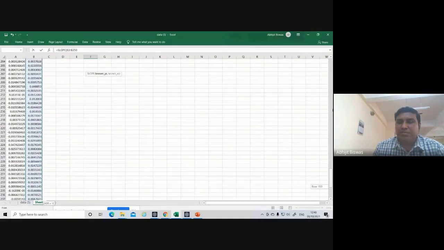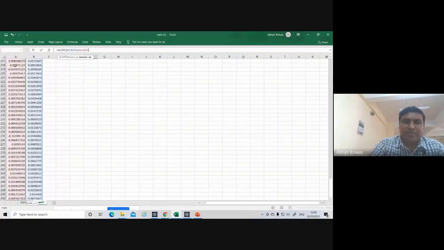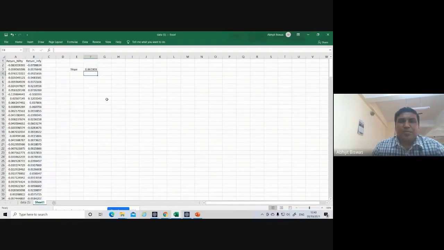So I have selected Y, comma. Then I'll select X. This is my X. Enter. So slope is 0.8619. That is, beta of Infosys is 0.86.